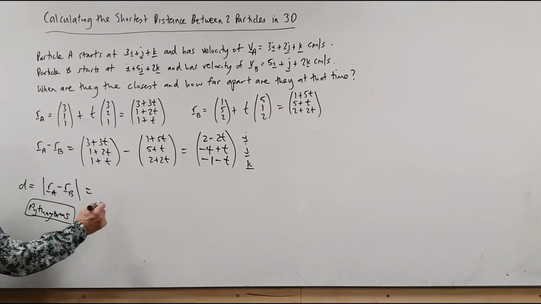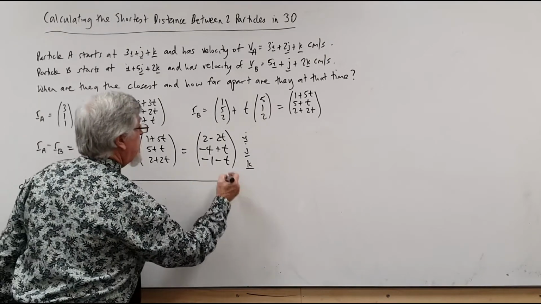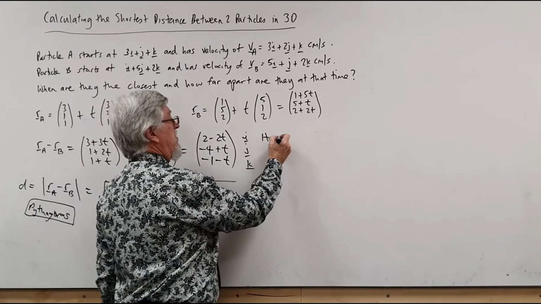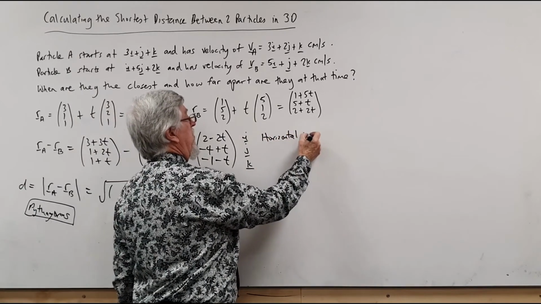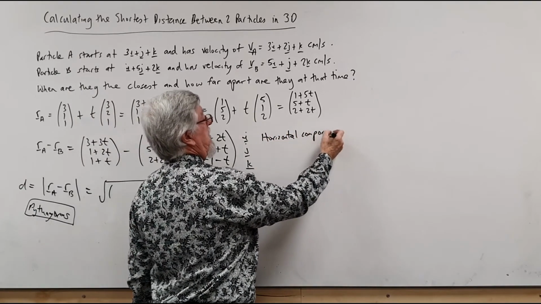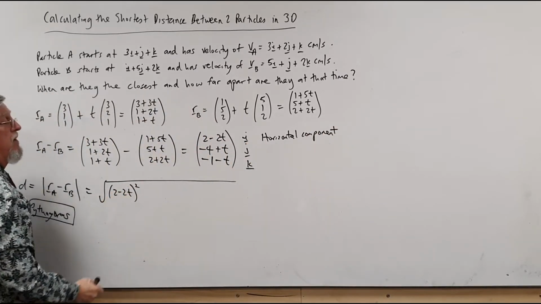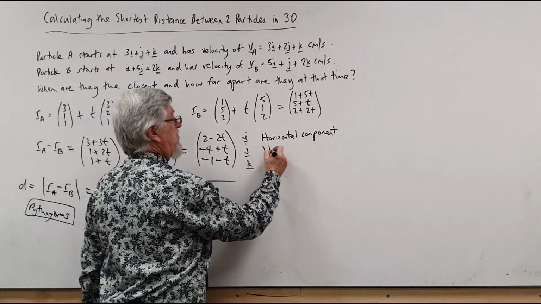There are other systems out there. So we've got the square root of, the I, which is basically talking about the horizontal part, or we can say the horizontal component. So let's get the horizontal component and square it. Let's get the vertical component